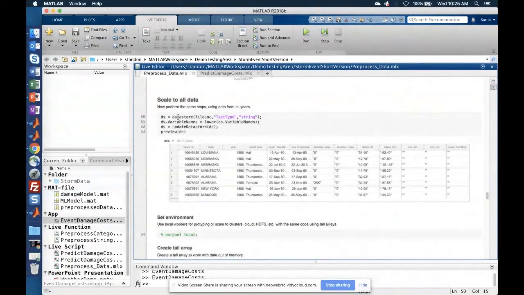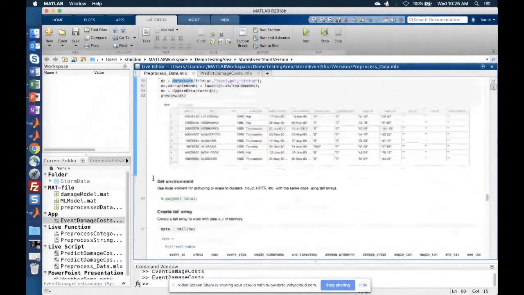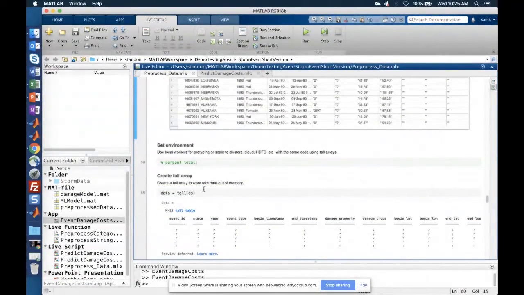And the way to do that in MATLAB is, we already created a data store that points to all the files we have, all the data that we have, and then the next step of processing the data is taking advantage of two things. One of them being tall arrays. Tall arrays are a new type of data type in MATLAB, which was released about 2 years ago, and it allows you to work with tall data. Basically, it means you have a limited number of columns, but you have millions or billions of rows of data,